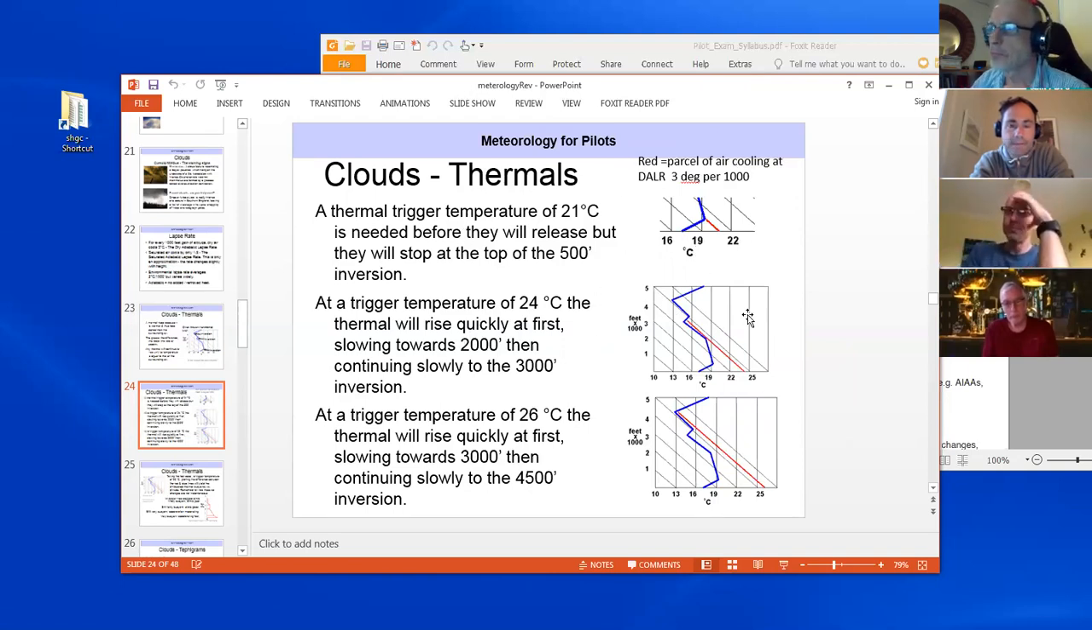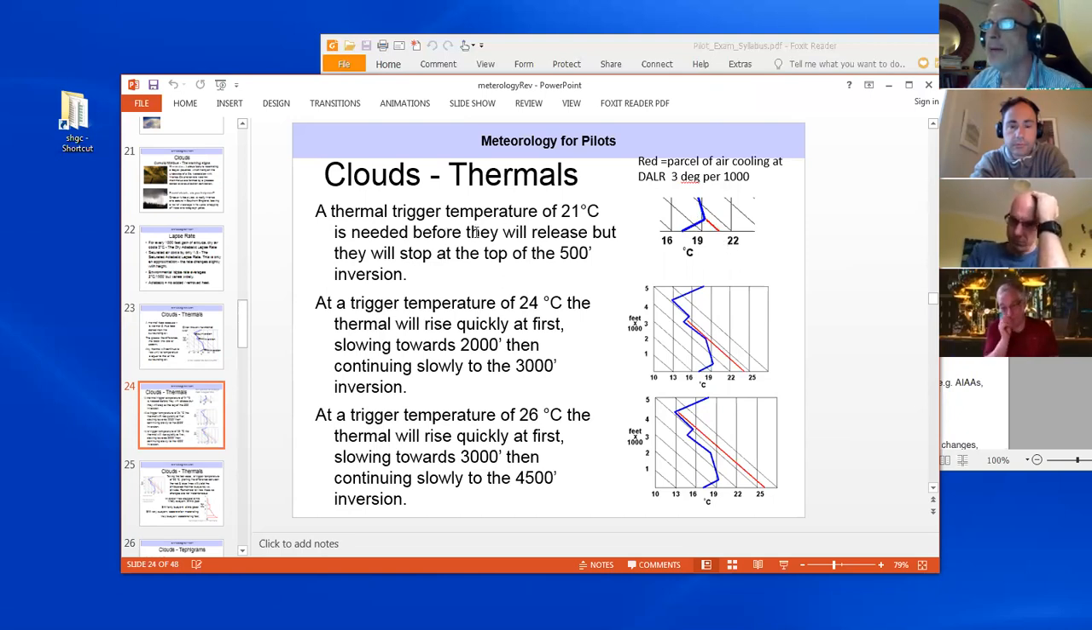So, these are highly theoretical, and it's rare you'll get this much difference in temperature of a parcel of air leaving the ground. But it's just an illustration to give you an idea of what happens. So in this first one, if our parcel of air was at 21 degrees when it leaves the ground,